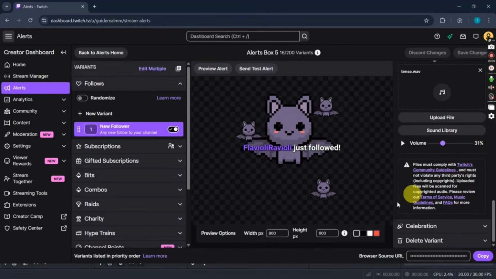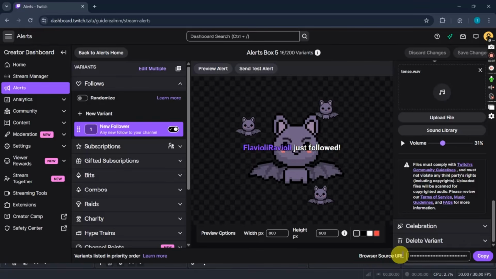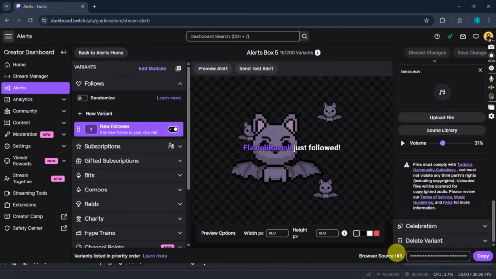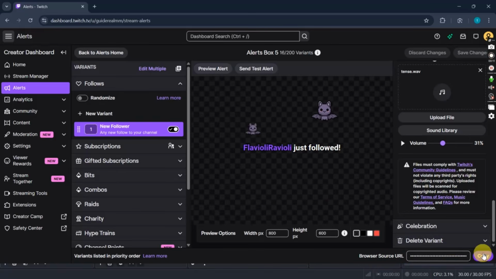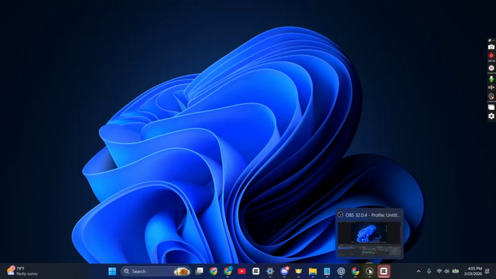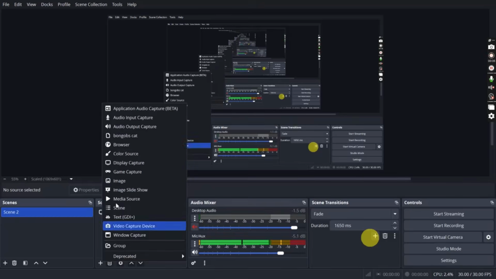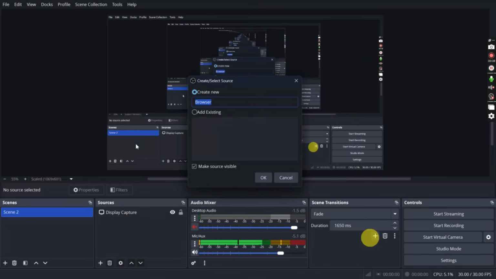And at the bottom of the alert editor, you will see something called browser source URL. This is very important. Go ahead and copy that link like so. And now just open OBS Studio and go to your scenes. This could be your starting soon scene or your main gameplay scene. And at the bottom you will see the sources tab. Just click on the plus icon and choose browser. Give it a name like alerts